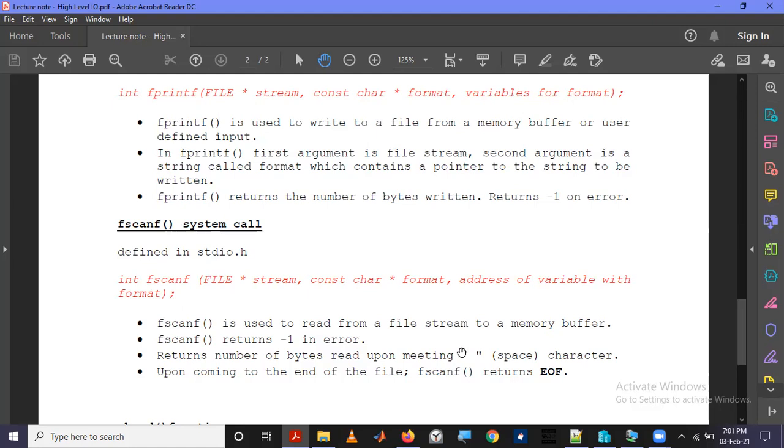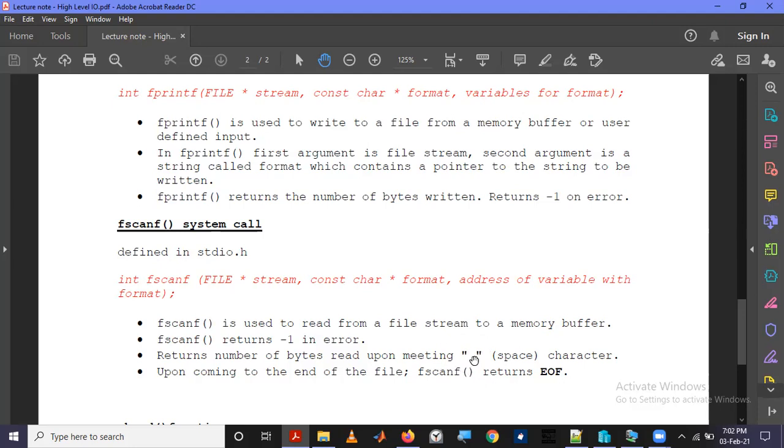But just like we discussed in the previous week, the file offset will be remaining here. So once fscanf is over, the file offset will be remaining at this space character. Then the next fscanf will begin from this one and scan the next set of letters.